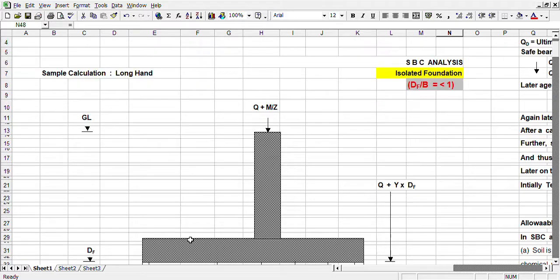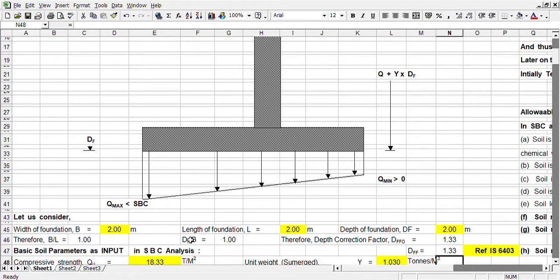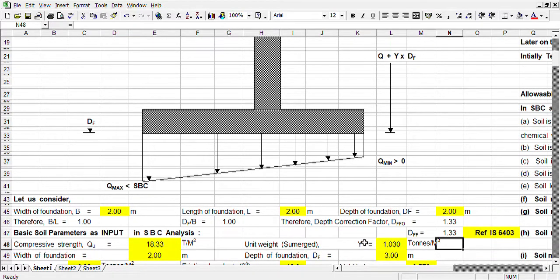For determination of safe soil pressure, we need two types of parameters. One is assumed parameters, another is derived parameters. Assumed parameters are the foundation sizes, length and breadth, and approximate depth of foundation. After that we need some determined parameters such as